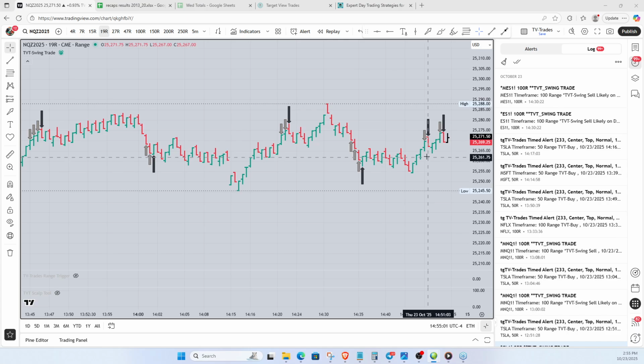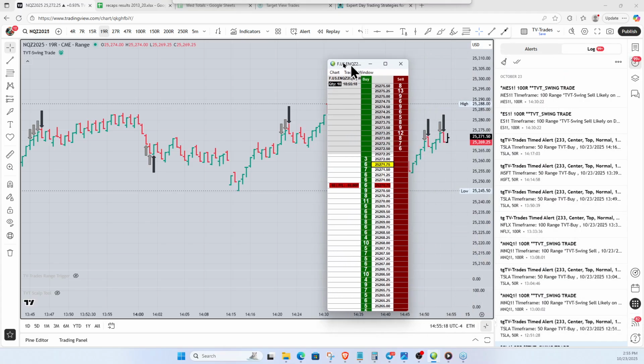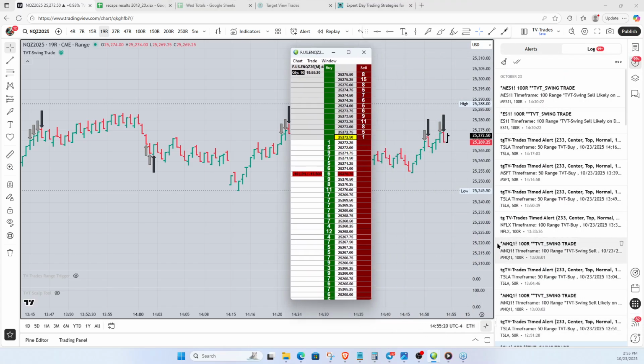Okay, now on the swing trade, it doesn't always take off as soon as it happens. With the scalp, it should happen as soon as you get the trigger, because the trigger's at the top of the bar, not at the bottom. As soon as you get the trigger with the scalp, you want to be in that trade. But with the swing trade, a lot of times it's going to pull back, like this right here. It's pulling back a little bit. And so you can wait for the pullback to enter it, like this, right here.